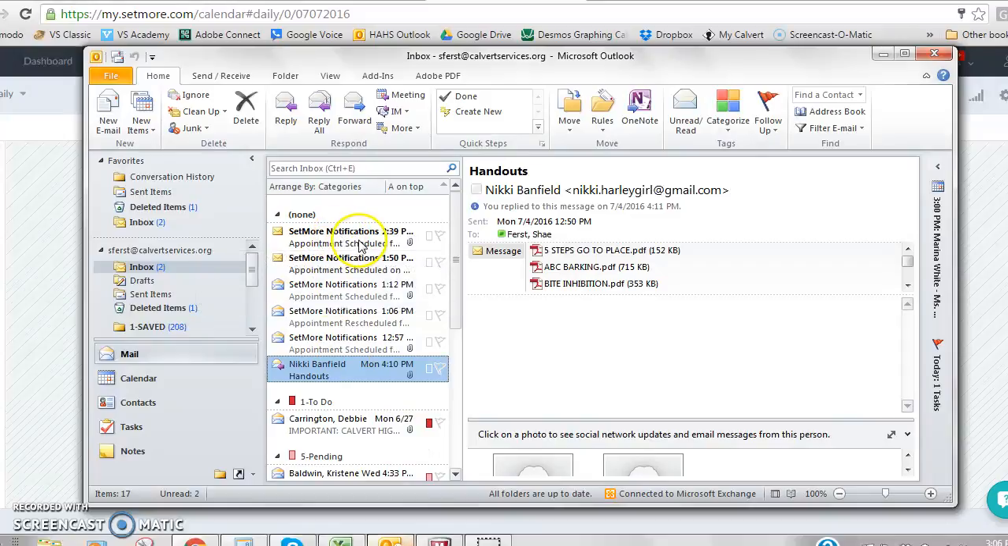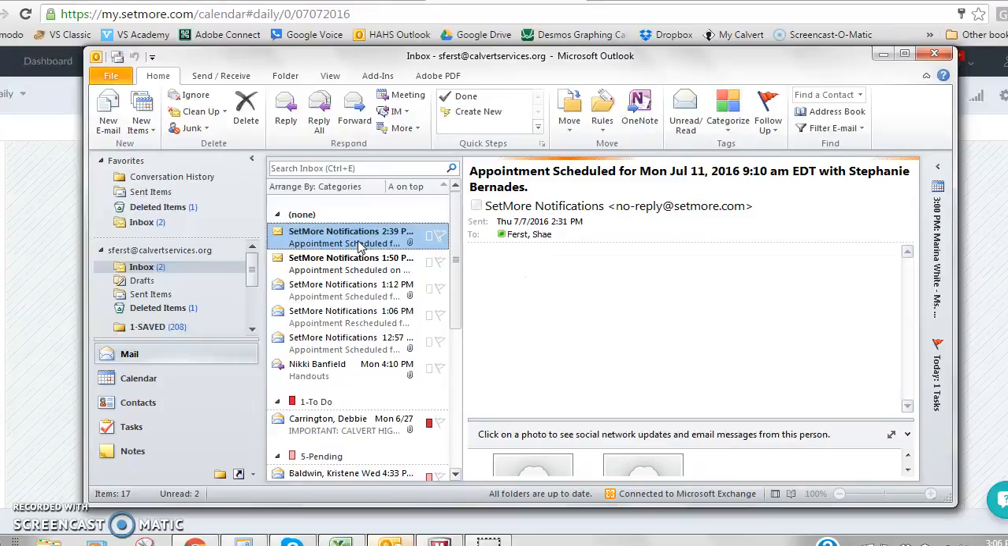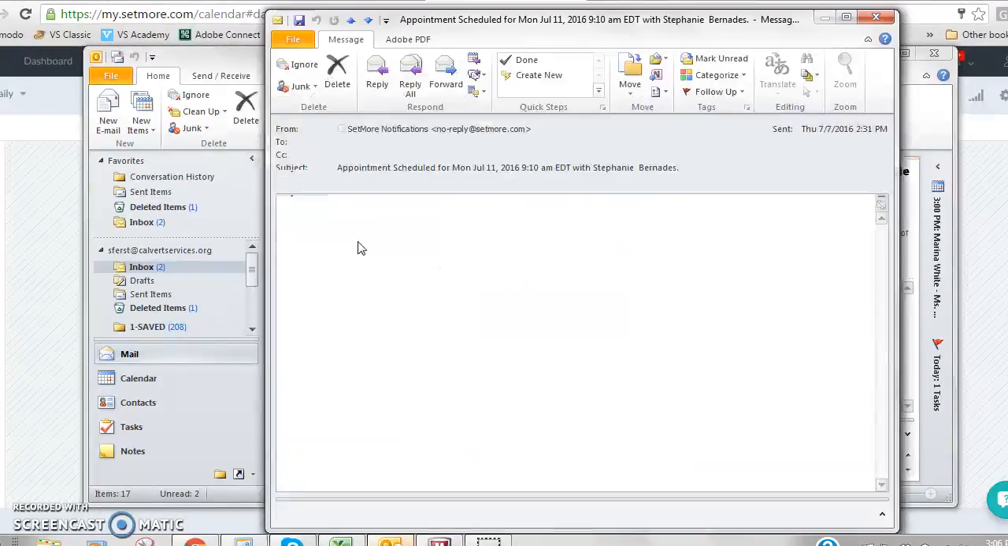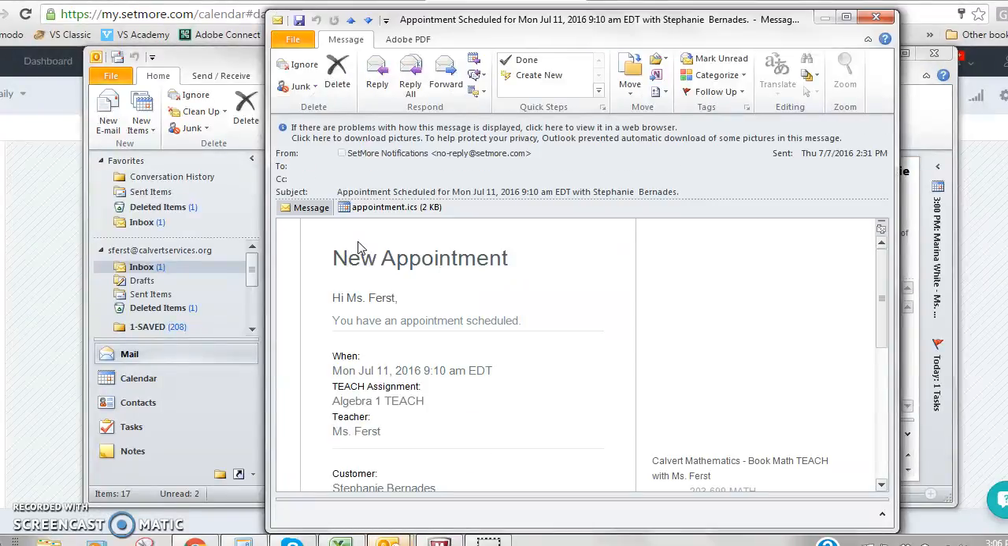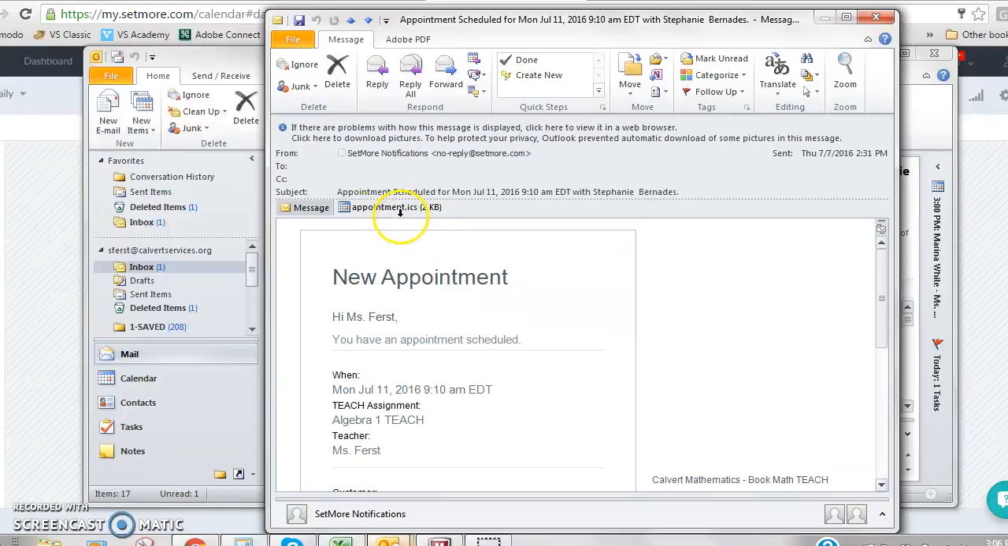When a student books an appointment with you, you're also going to get an email. So if you see here, I have a Setmore notification. I'm going to click on my Setmore notification, and it just tells me I have a new appointment. This is the best part. You see this appointment.ics file? I'm going to double click on that file,